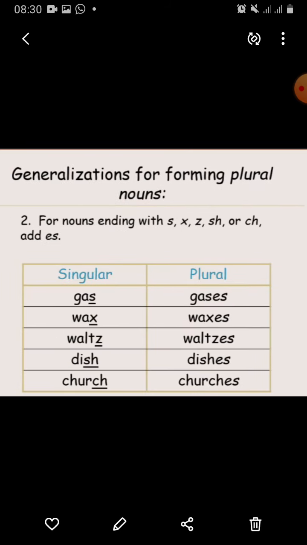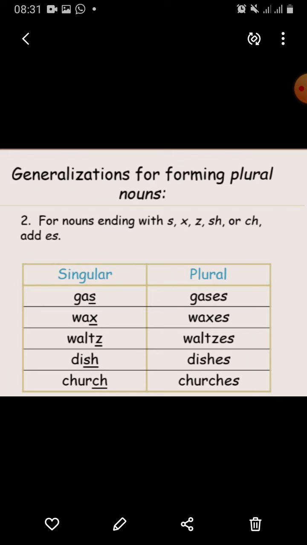Now, next. For nouns ending with s, x, z, sh or ch, add es. For example, gas: we add es because it ends in s.